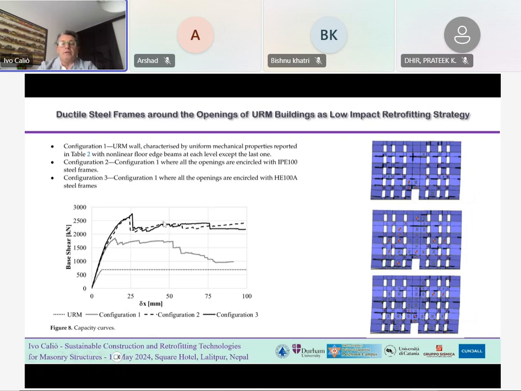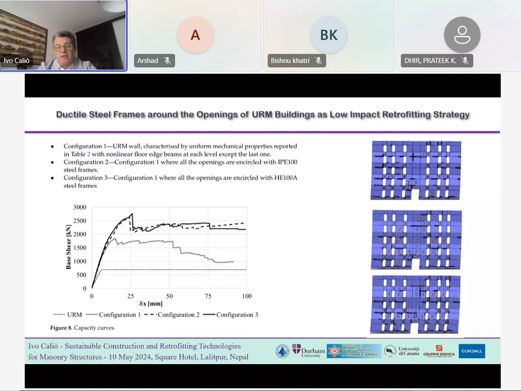The upper two curves are related to configuration 2 and 3 that are related to the use of steel frame around the opening, considering two different steel profiles. It can be seen that the use of steel frame around the openings substantially increases the performance of the wall with respect to the walls in which only